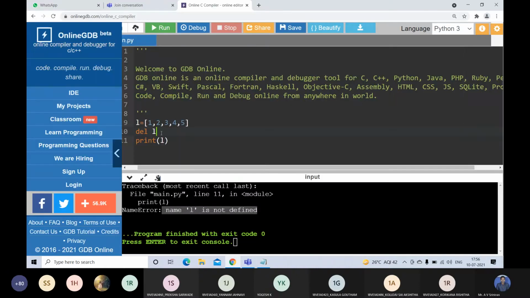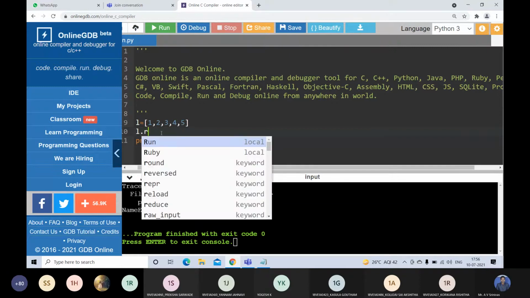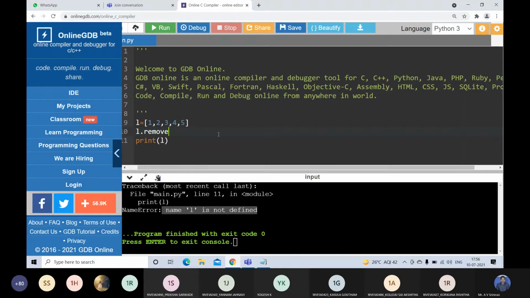So see the example here. We will take the same list here and I will call the remove method, L dot remove. We will call the remove method by using the list name. The list name is L here. L dot remove of 4. That means I want to delete the element 4 from the list.